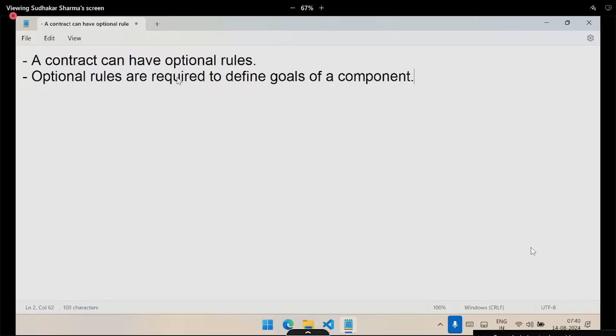Optional rules are used to define goals for a component actually. Goals for a component. Optional rules are required to define goals for a component. That means actually